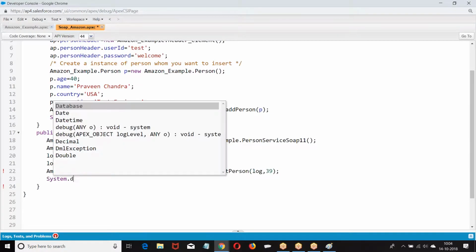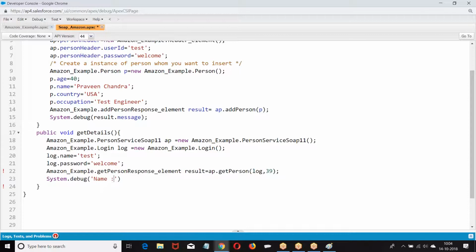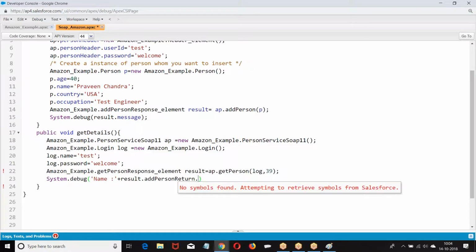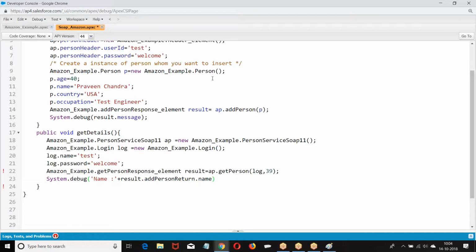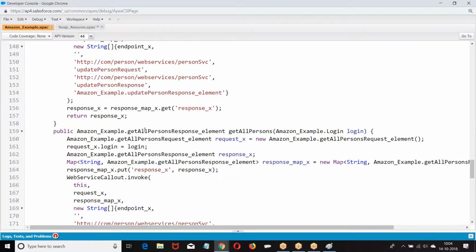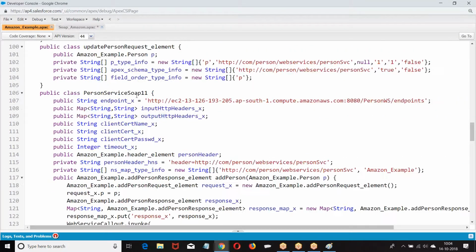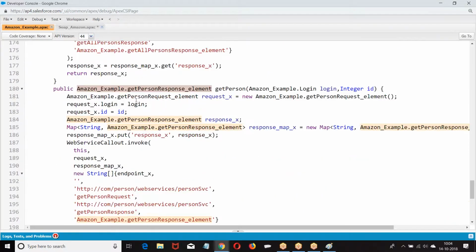Then system.debug result dot. What do they have? Now what are they giving? Go to the add person response element. What type of response are they giving?